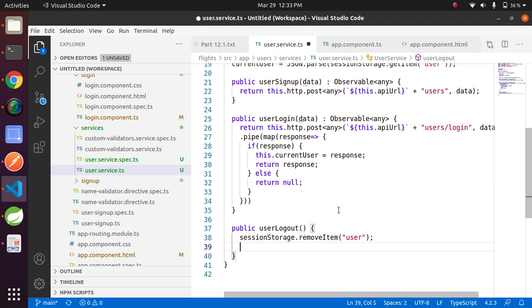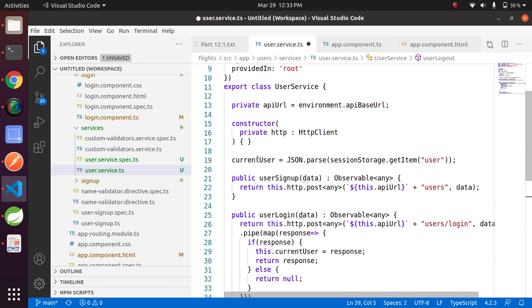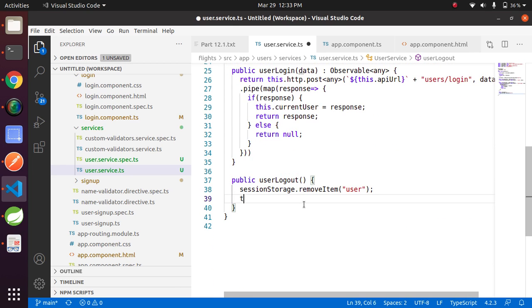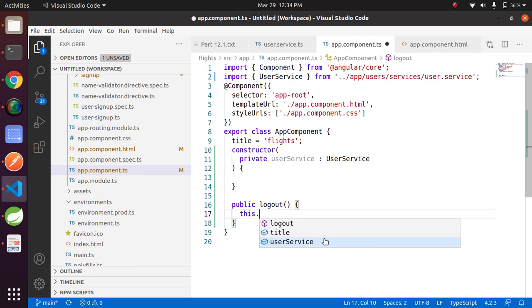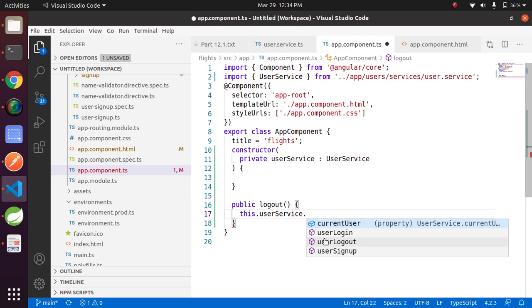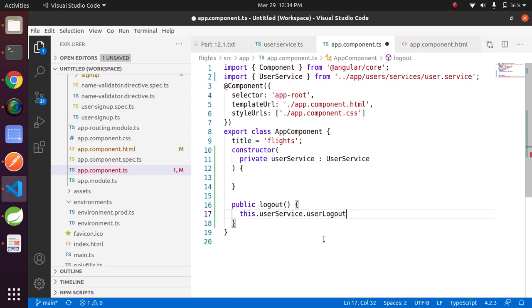Also set current user as null. This dot current user equals to null. Open app component.ts. This dot user service dot user logout, and after logout redirect to login page.